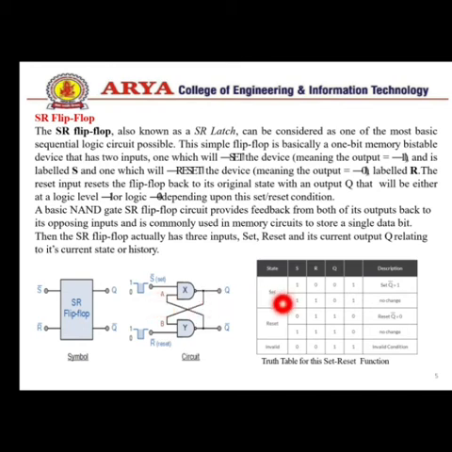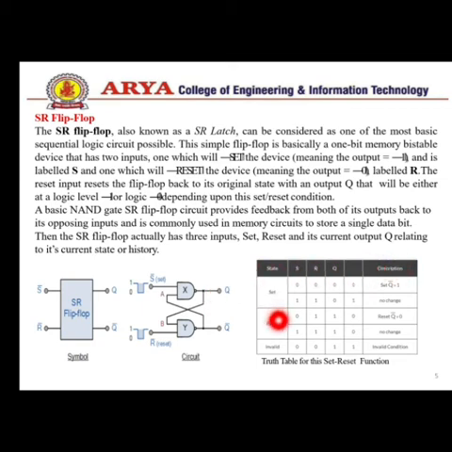So first we understand the working of this truth table. We know that in this truth table the number of inputs is 2, so the maximum possible conditions are 4. So first we put the values from 0 0 to 1 1, and the output is the next state, which is Q n plus 1. And finally we give the description of this circuit.